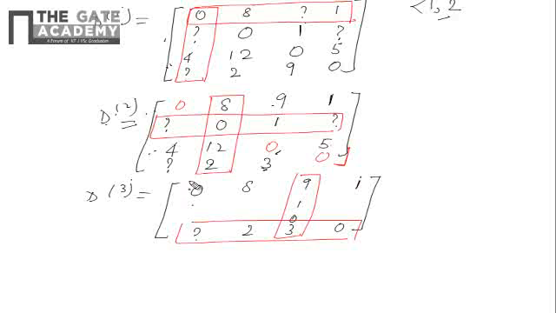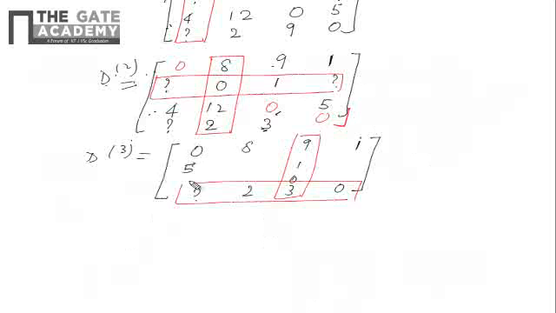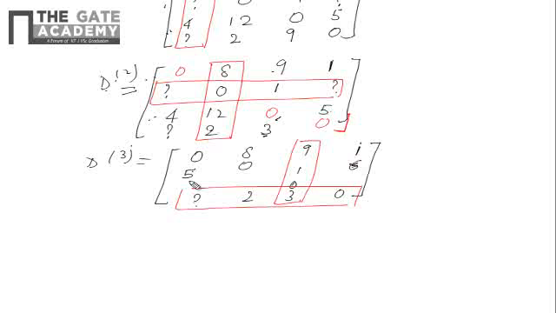Now check 2 comma 1. Now 3 is also in the set. 2 comma 1, 1 plus 4. Right? See, 1 and 4. Through 3 you can go, right? Because 3 is now in the set. So 3 you can choose, intermediate vertices you can choose as 3. So 1 plus 4, that is 5. So this will be 5 0 1. And now 2 comma 4. From 3 you can go, right? So 1 plus 4 is 5, plus 1 is 6. So this will be 6.